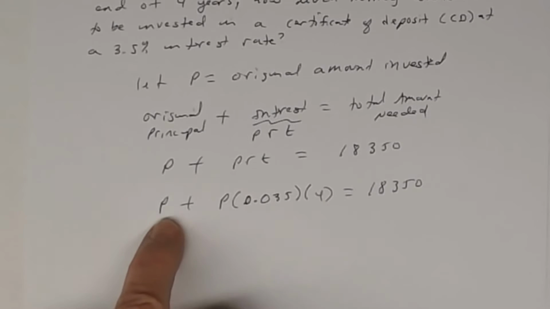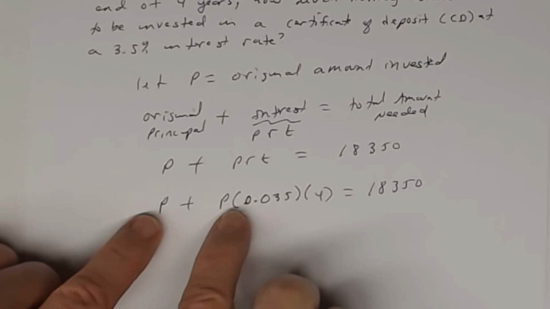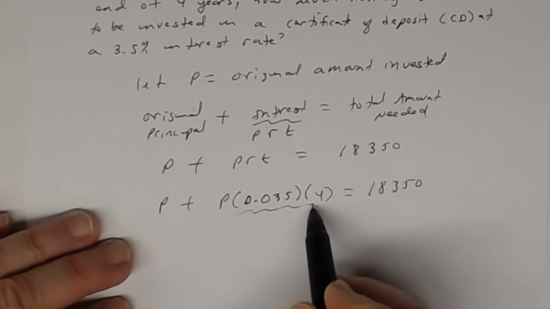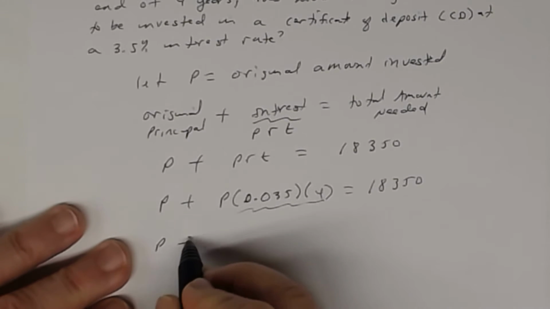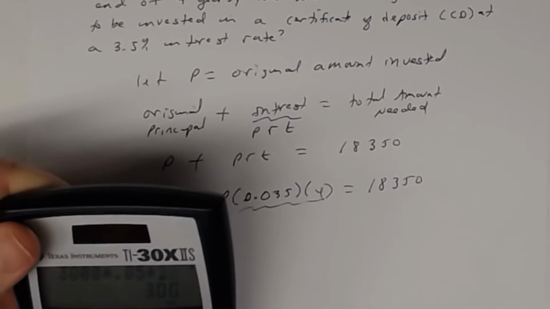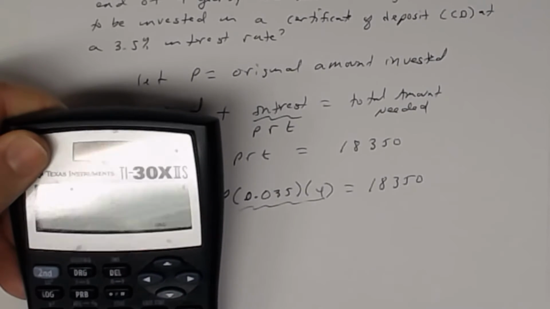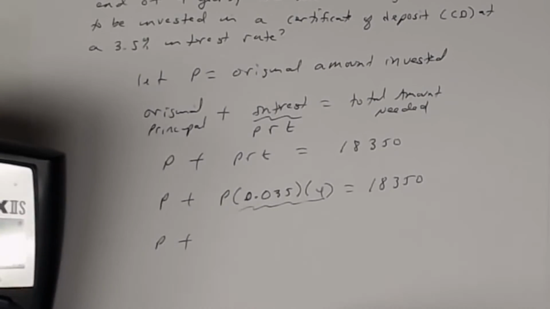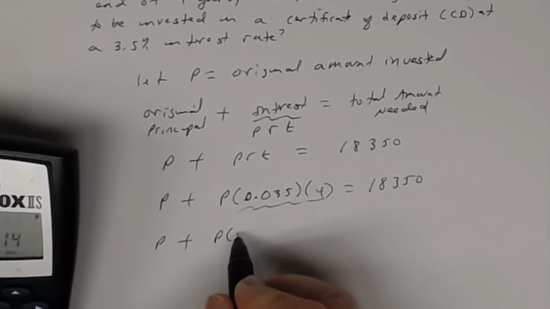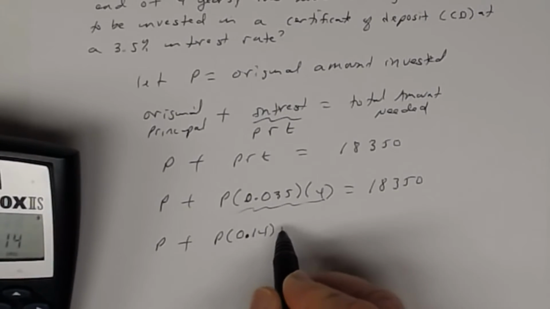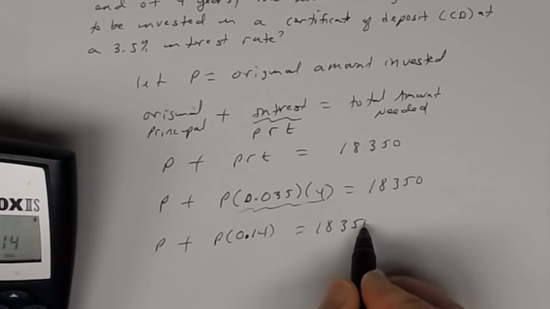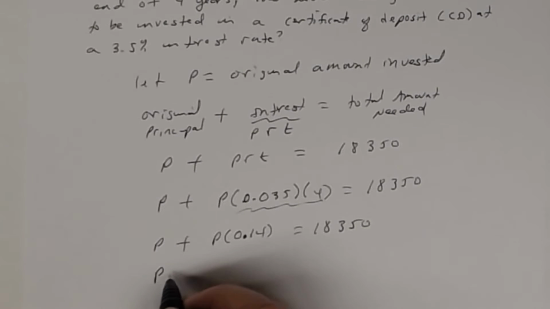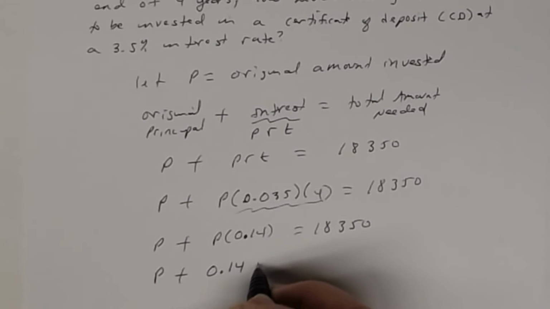All right, so there's my equation. I have an equation with one unknown. The unknown is P. Now notice P is listed twice, but that's not difficult to deal with. So let's go ahead and multiply these two numbers together here. So I get P plus, now on your calculator, 0.035 times 4 equals 0.14. So this is P times 0.14, equal 18,350. But we know that P times 0.14 means the same thing as P plus 0.14P equal